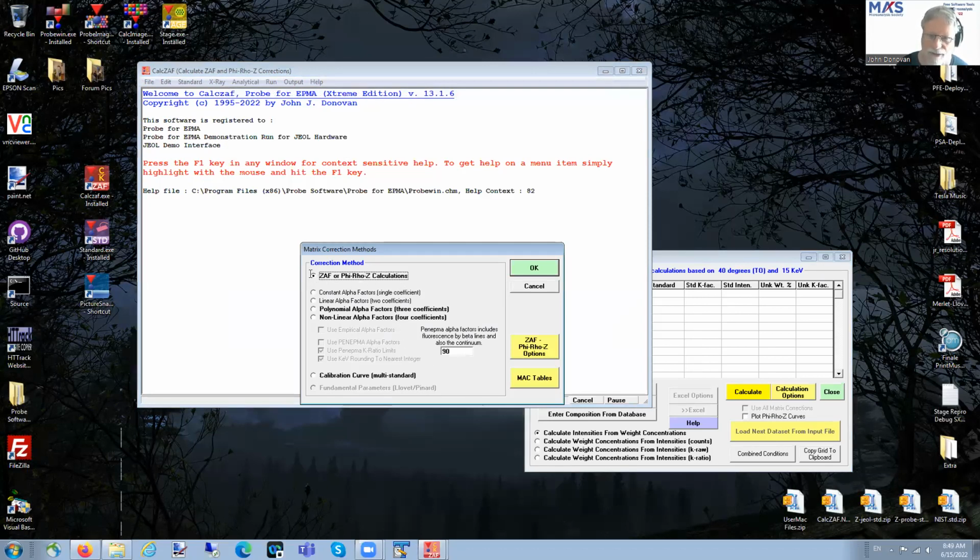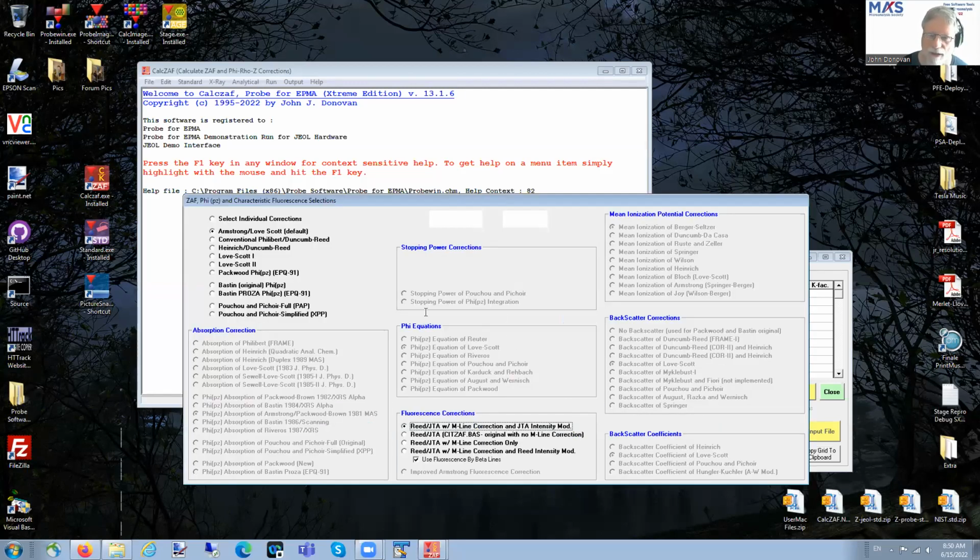And there's one grouping of corrections, which is ZAF Z. The other is these alpha factors, which are more of a historical thing, but they actually do have some usefulness even today. And then there's a calibration curve model, and we're working on a fundamental parameters model. But if you click on the ZAF Z options, you can see there's basically 10 different corrections here, and you can